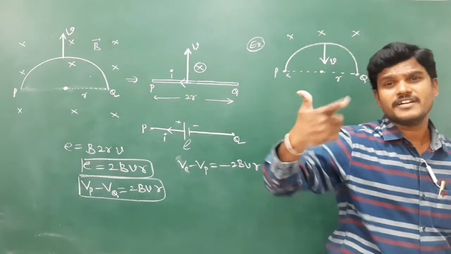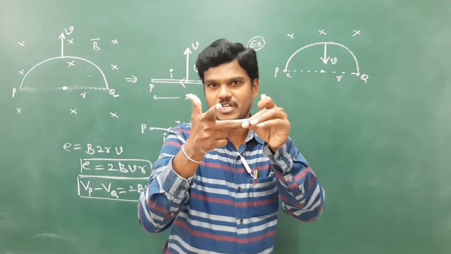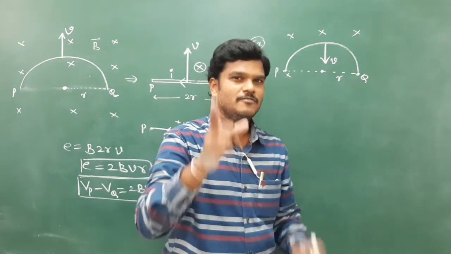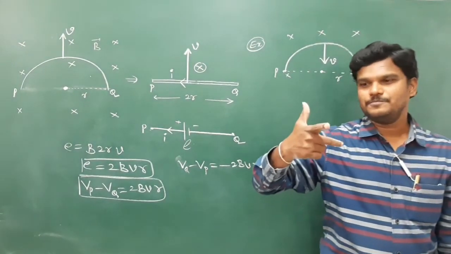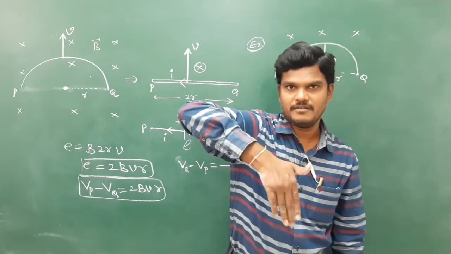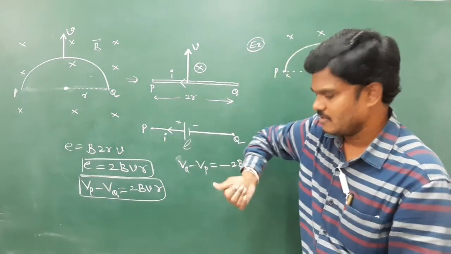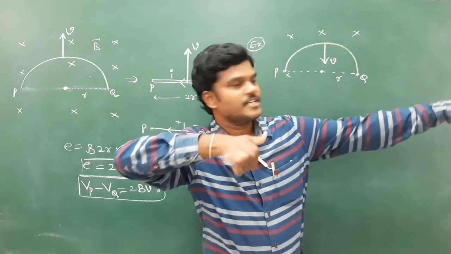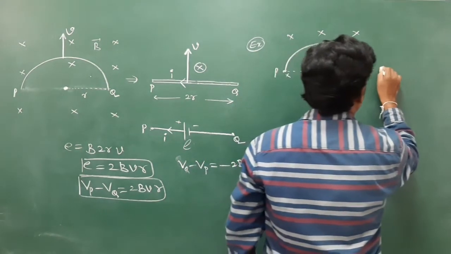If I use Fleming's right hand rule, then again this shows the direction of induced current. Let me check with the two rules: V cross B rule and Fleming's right hand rule. Okay, you can follow any one according to your convenience. Now I am going to check with V cross B. Moving down, V, B. B is into the board. If it is out of the board, you can put it like this. Now the field is into the board, so the direction of induced current is this side. And we can replace this with a rod